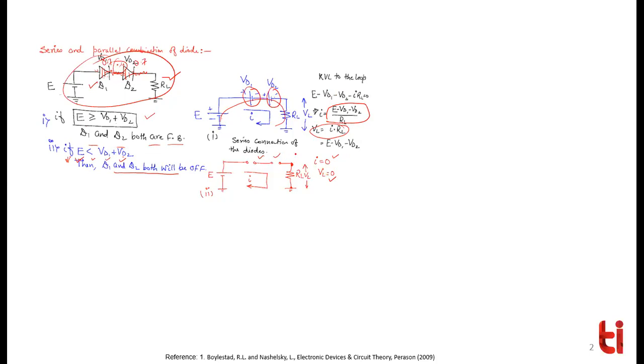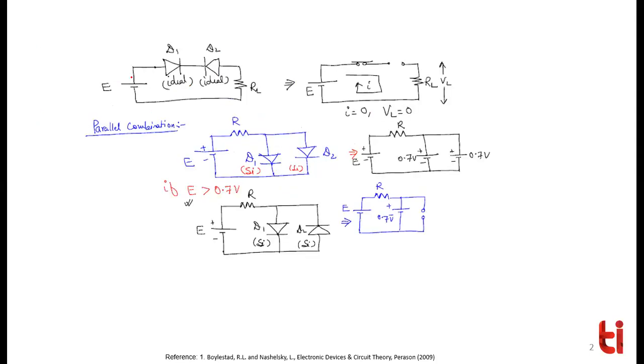One question can come on this kind of a circuit. A small circuit will be given in which there is a battery of some voltage, say 4 volts, some resistance, say 1 kilo ohm, and two or three diodes connected. You have to do that. Simple question. Now, in series also, there is another kind of a question like this.